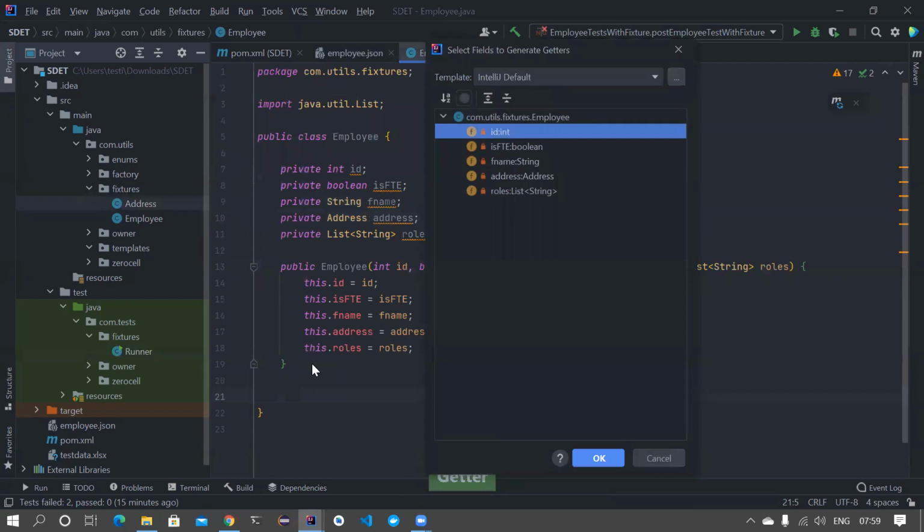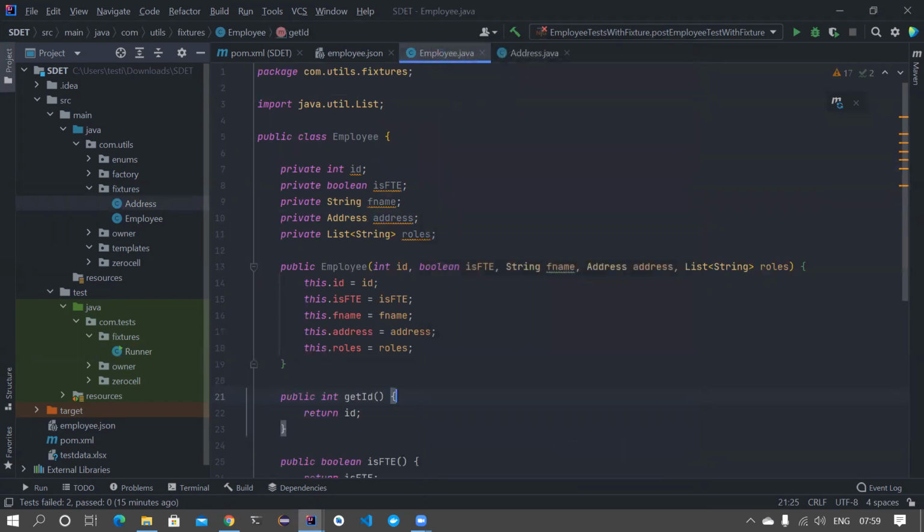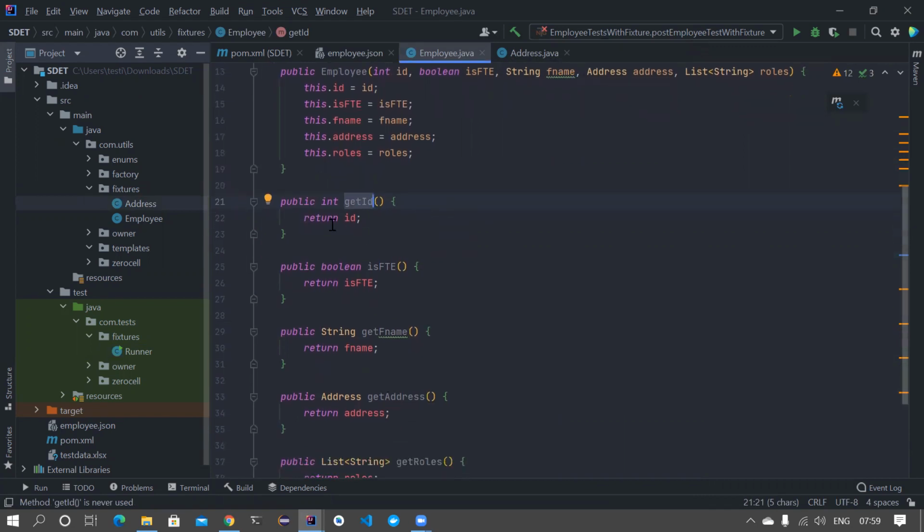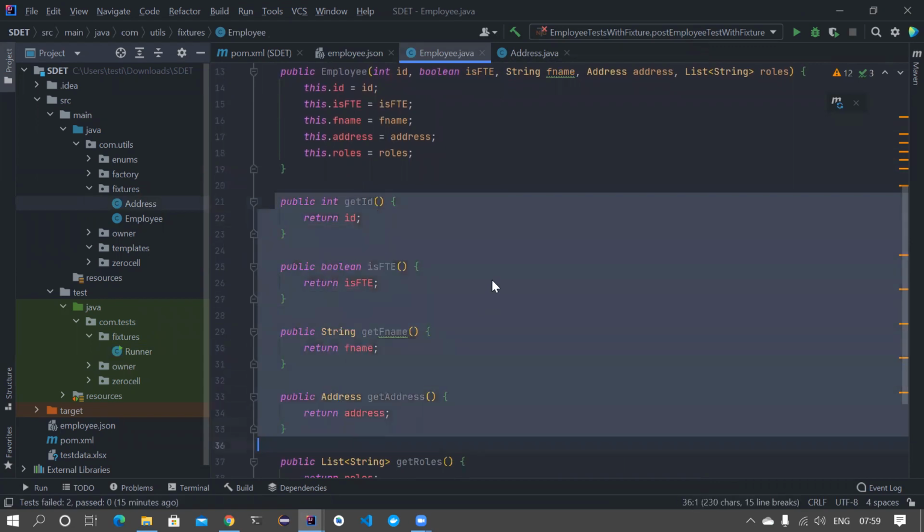I don't want the setter methods, because if I keep the setter methods, my class objects will become mutable. Mutable in the sense that anyone can set some values using the setter method, so I don't want that. I'm purposefully only exposing my getter methods. The getter methods are enough to serialize and deserialize. Serialize means converting from your Java Pojo to JSON, and deserialize means converting from JSON back to your Java Pojo. For all these things, you just need a public getter method. That can do the job for you. You don't need a setter method.